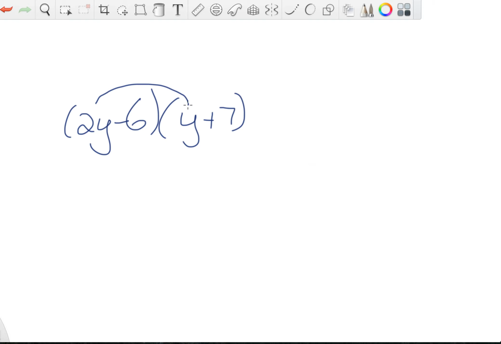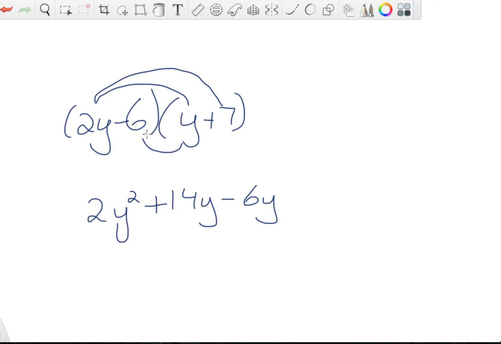So 2y times y is 2y squared. Then we have 2y times 7, which is 14y, minus 6 times y, which is minus 6y, minus 6 times 7, which is minus 42. So no other y squared except this one, so we would write